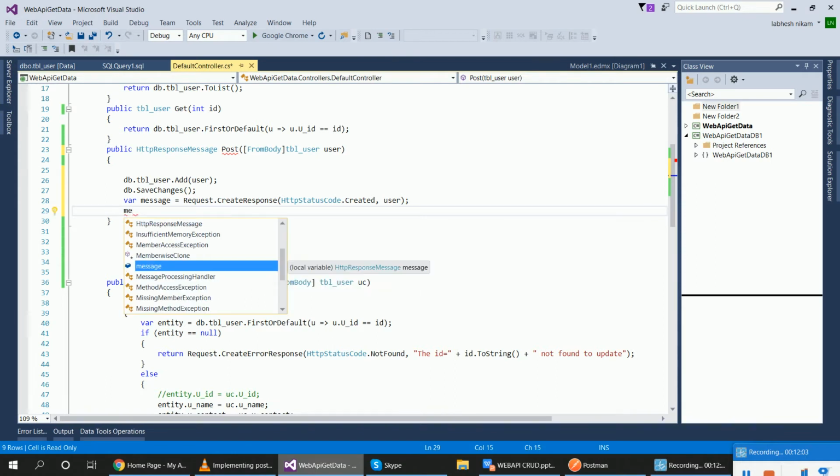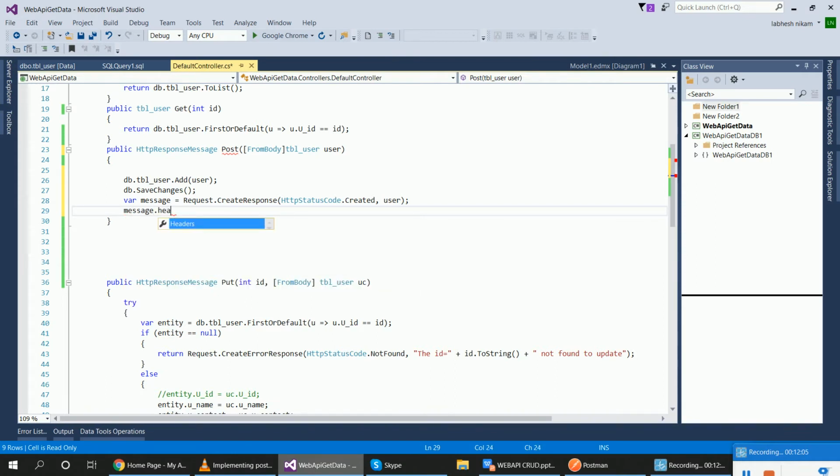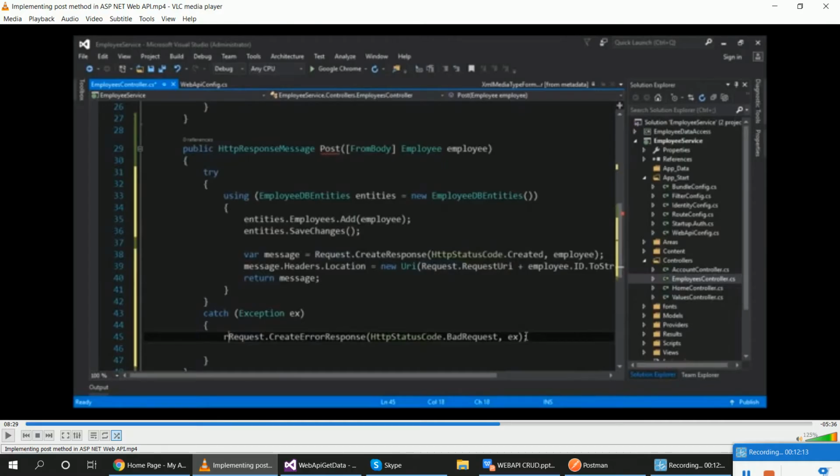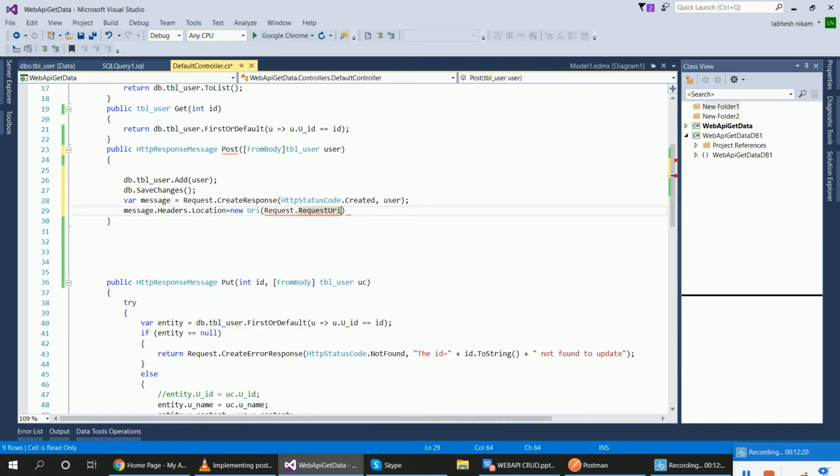Now message dot headers dot location equal to, and display the message, so with id plus user dot uid.